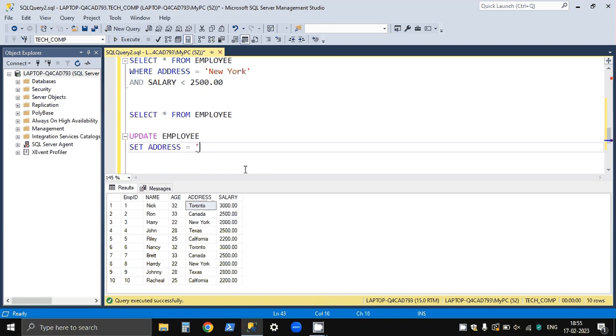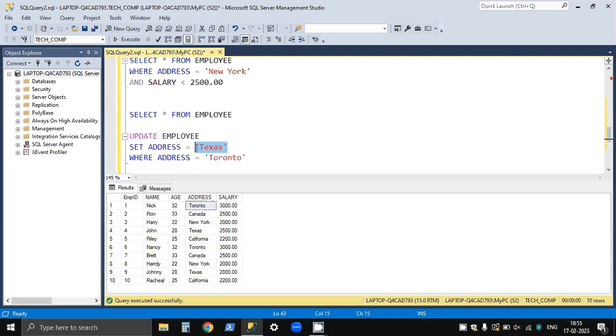We will set the address to Texas. Here we will be giving our where condition, where address is equal to Toronto. So what this code will basically do, it will update all the values where the existing address is Toronto